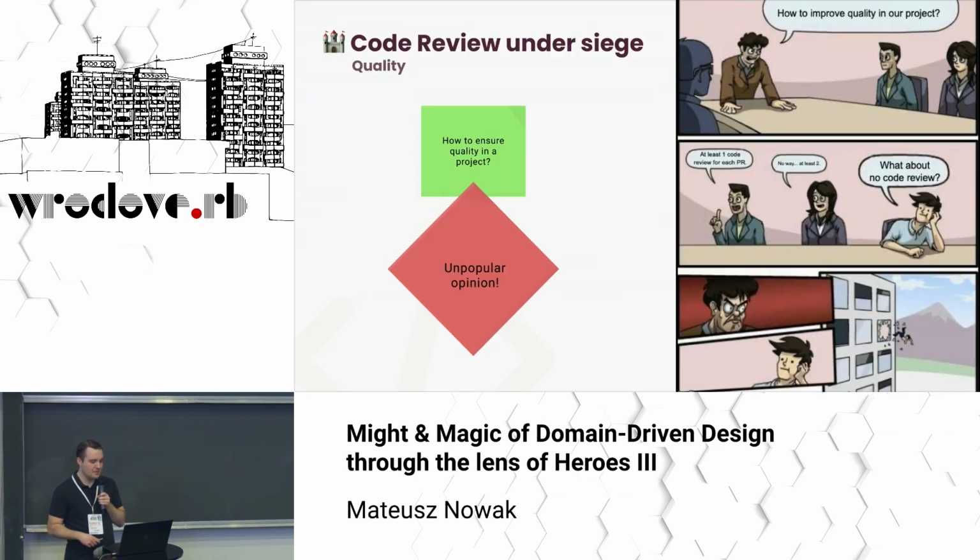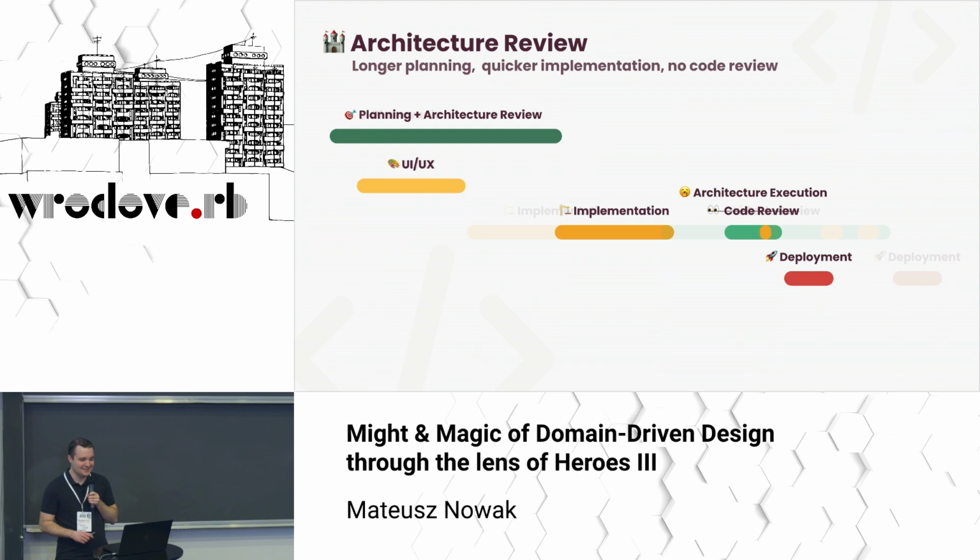So what can we do instead? When someone asks in a project how to improve quality, the answer is often at least one code review per pull request. Someone else will say at least two. But there is also an unpopular opinion, which is also mine: maybe without code review. And this could end badly in most teams. But let's assume we weren't thrown out of the window. I think these windows couldn't open, so we are safe here.